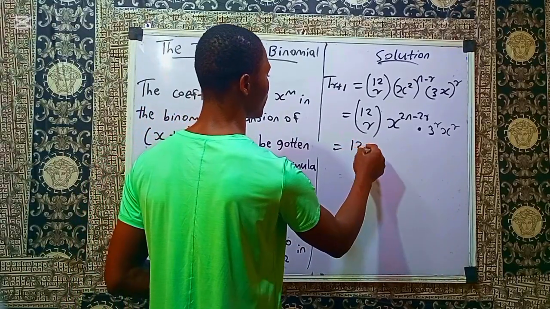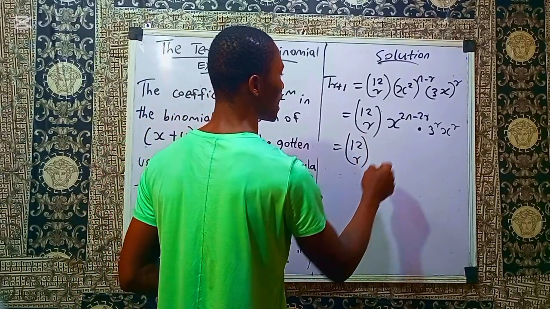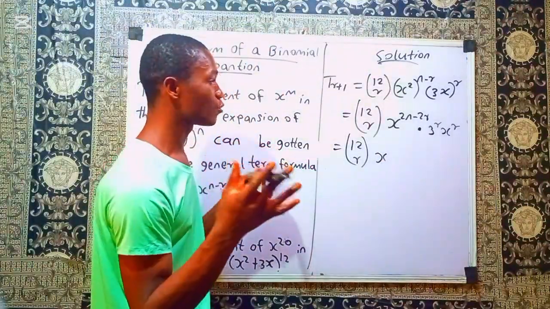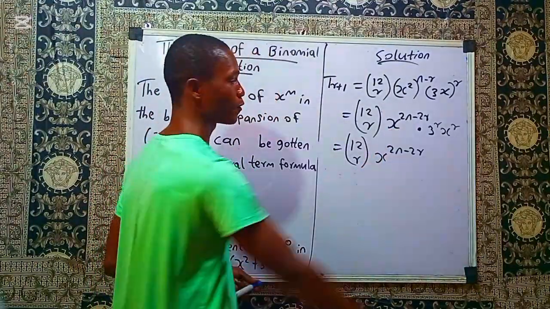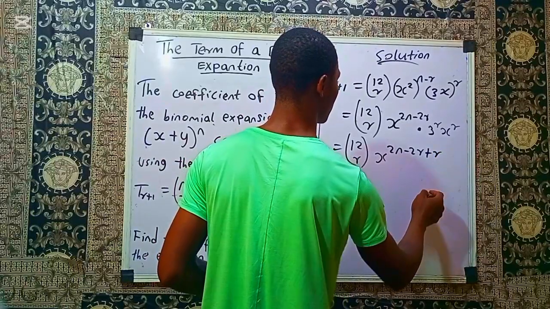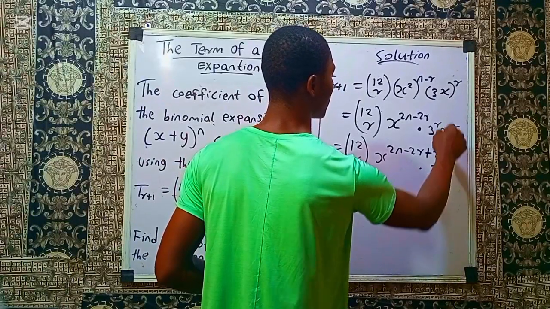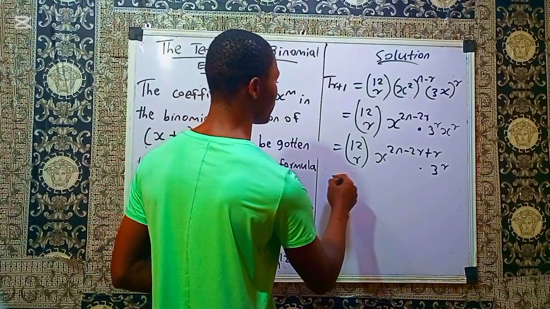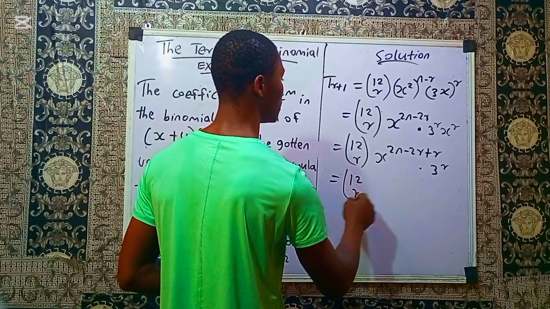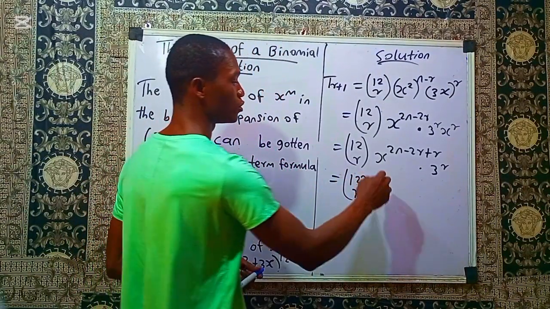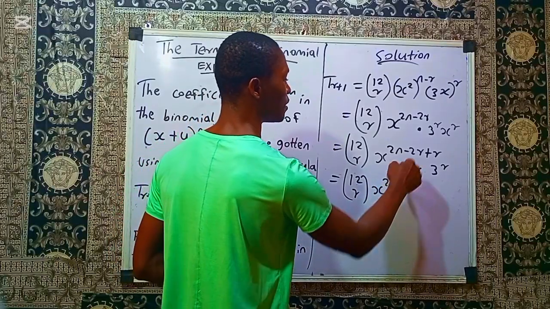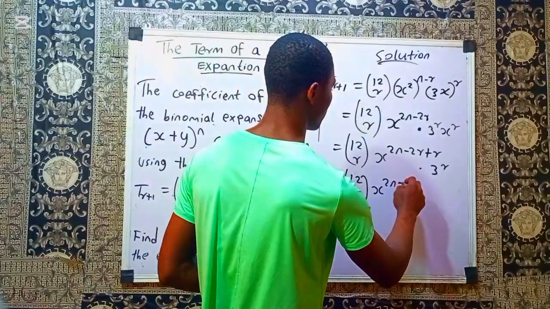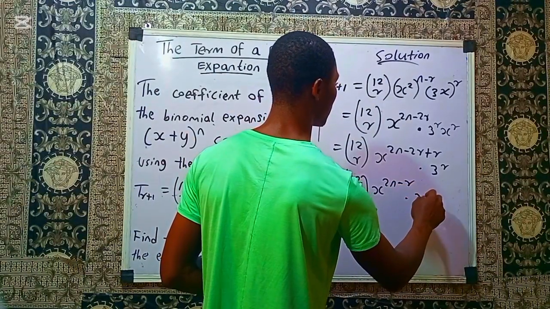So this is 12 combination r. Then we combine the index of x now, plus the index of x here, which is plus r, then multiply by 3 raised to power r. So I've combined the index of x. If you simplify further, this is 12 combination r, then we have x raised to power 2n minus 2r plus r, which will give you minus r. Minus r. Then multiplying 3 raised to power